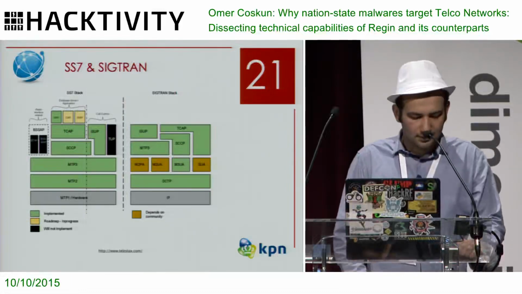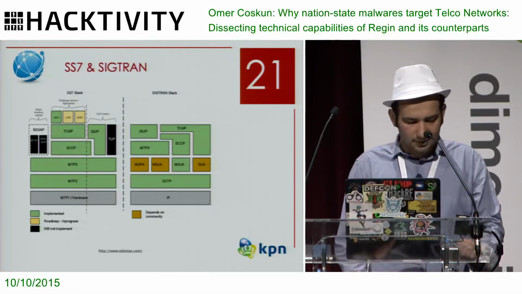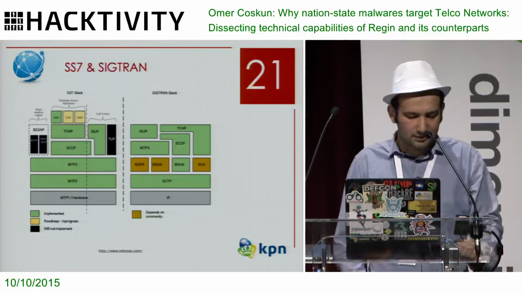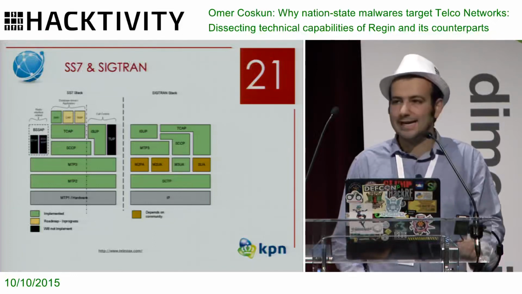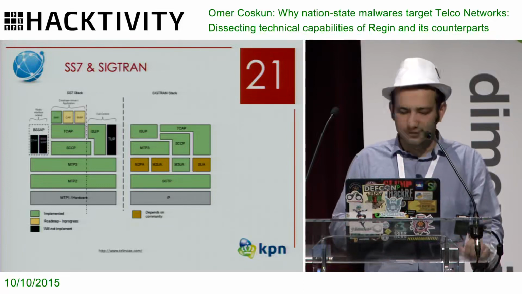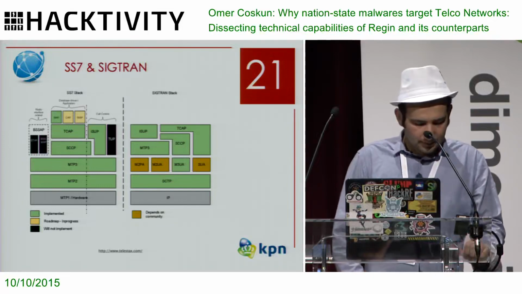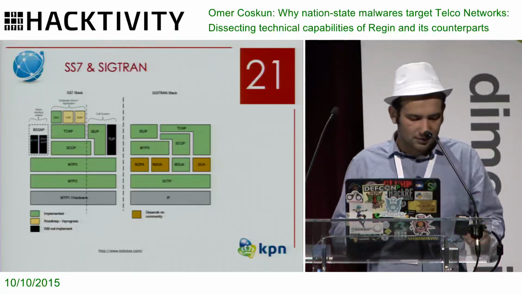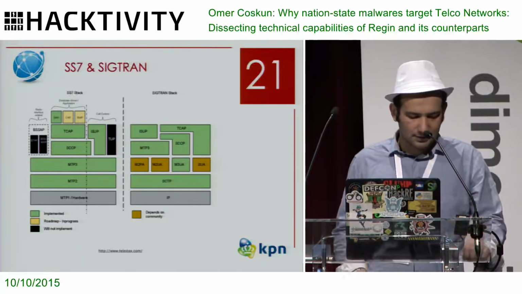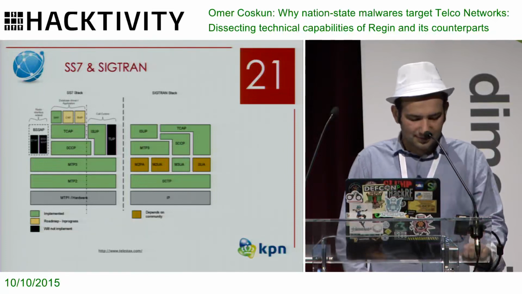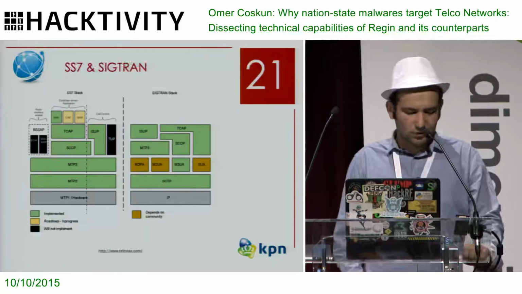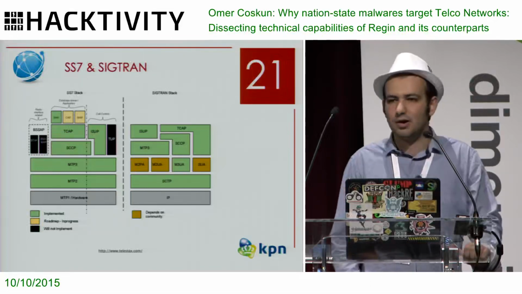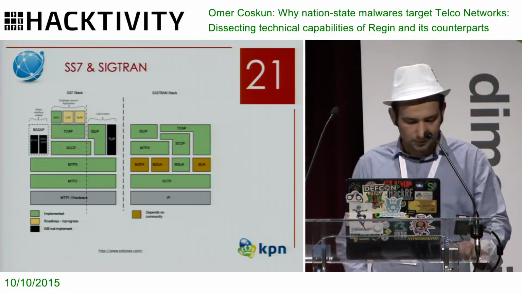What is SS7? It is the common channel signaling system that transports SS7 messages over an SS7 network, which was developed in the 1970s, and this implementation didn't introduce any security features back then. Then there is SIGTRAN. SIGTRAN is a set of protocols, an extension of the SS7 protocol, defined to transport SS7 messages over IP networks.